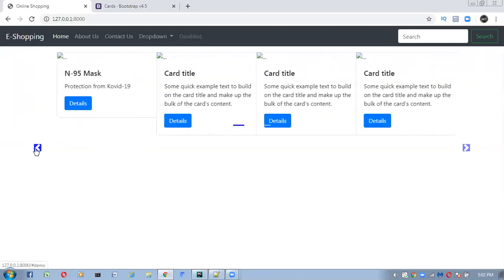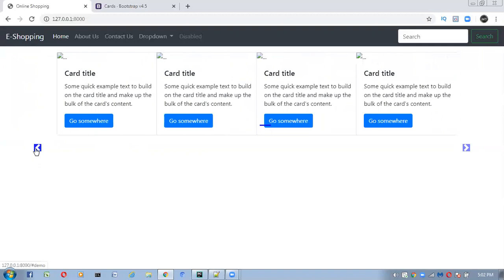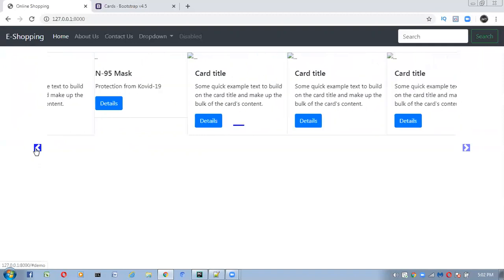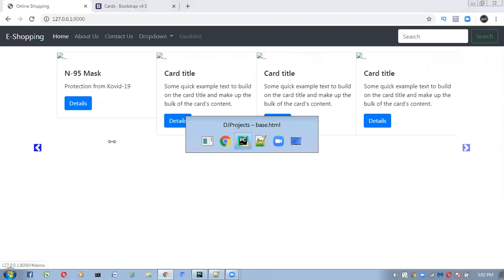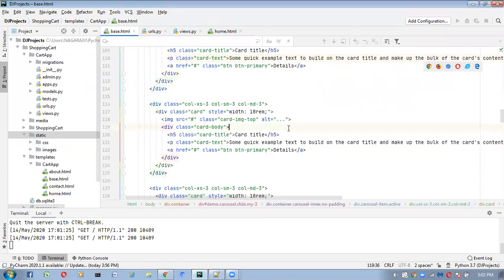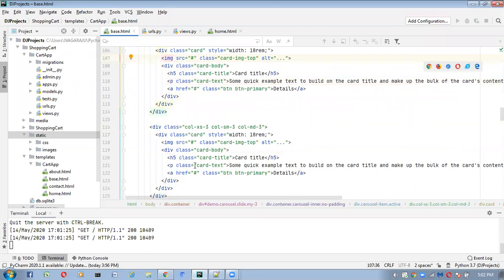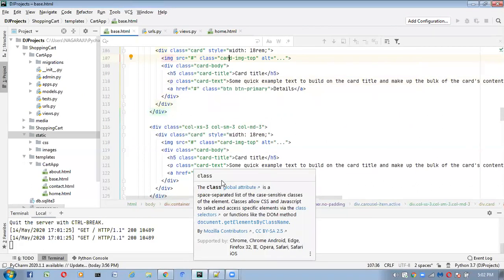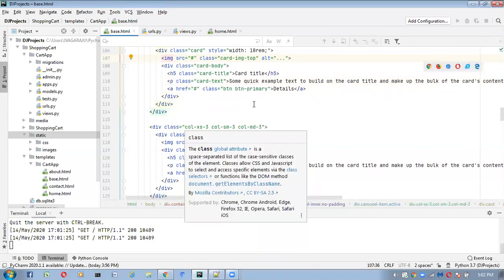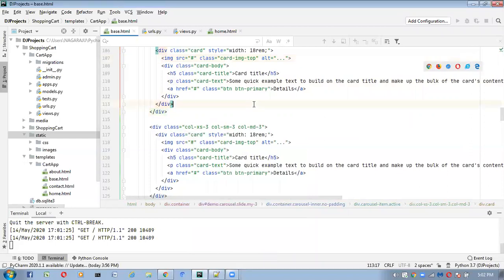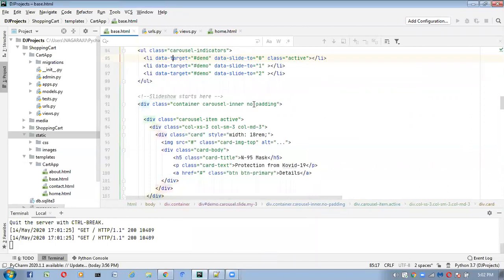Now what I'm going to do is put some images inside these cards also. Let me check how it will look. I already downloaded some images inside my templates folder. Now I'm going to put all those images, let me check how we will get it here.